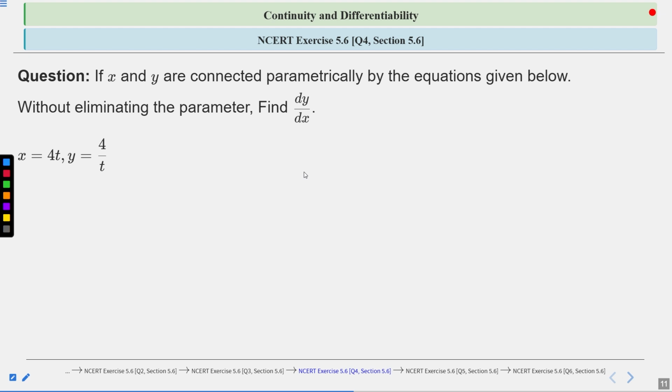Again, we will apply the same process. We will first try to find what is the parameter. Here t is the parameter, because x is in terms of t and y is in terms of t. So first we will try to find dx by dt and dy by dt, and after that we can easily calculate dy by dx. So dy by dx will be equal to dy by dt upon dx by dt. In this way you can easily find dy by dx. So again you have 40 seconds to solve or think about this question. After that we will move to the solution part.